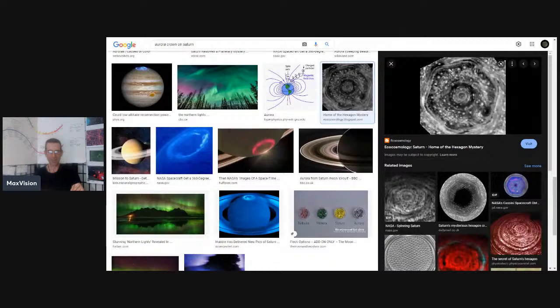So is that the Borg? I don't know. My brother-in-law says there's a giant mothership above the planet. I don't know how accurate he is, but